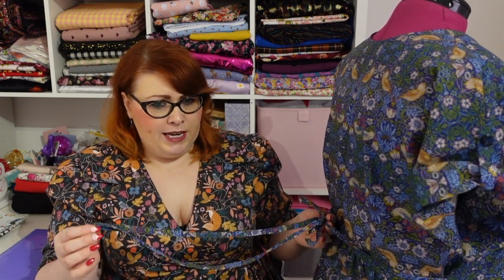Now, another thing that I do want to talk about, and that's not to say I don't sometimes sew with viscose. I do have a couple of things that I've made from viscose in the past, but if I had to choose between the two, this is the one I would go for. I'd always go for the Tencel, because the way in which it is made means that they do not use any toxins during the production of the Tencel, and that is not true of viscose production. Sadly, we all love viscose for its drape. I mean, we'll have to admit that it is unbeatable in terms of drape, but it does use a highly